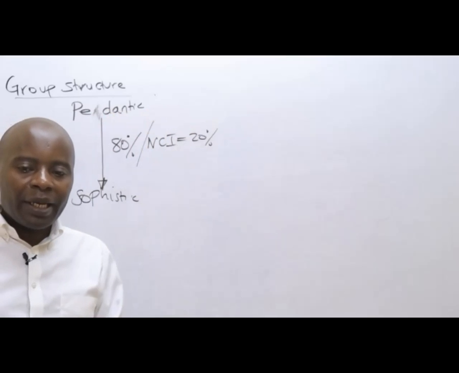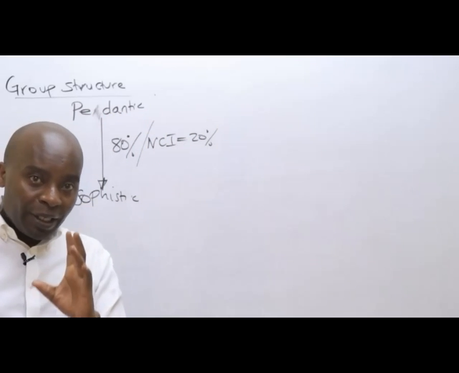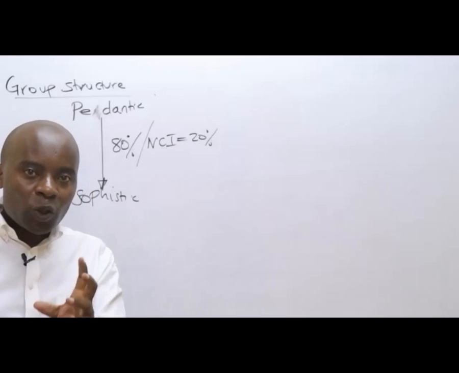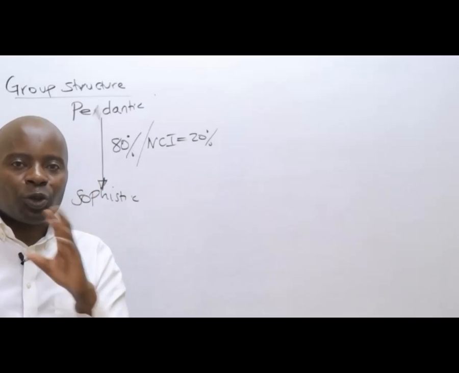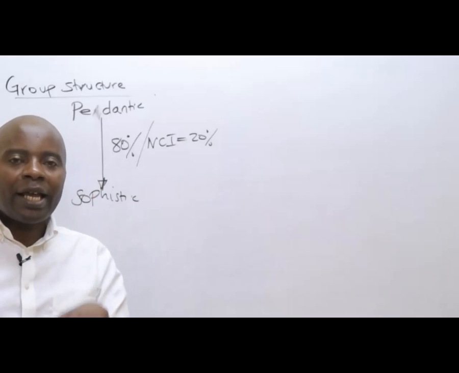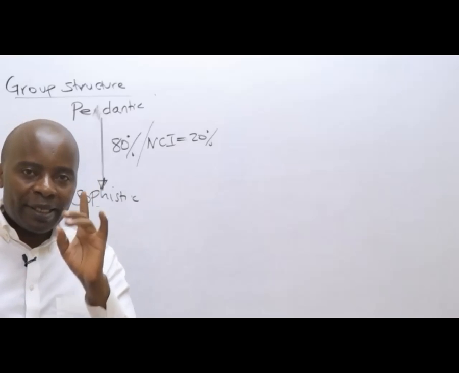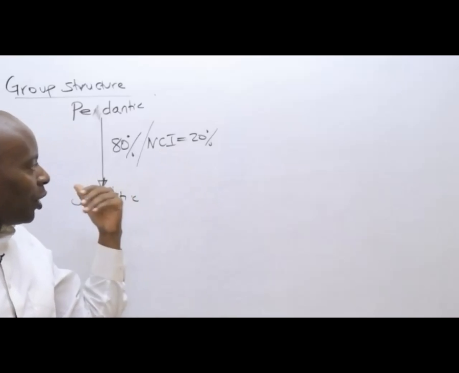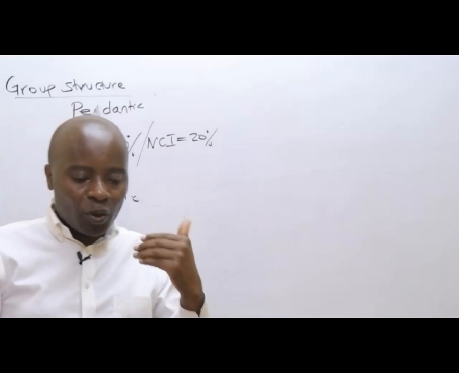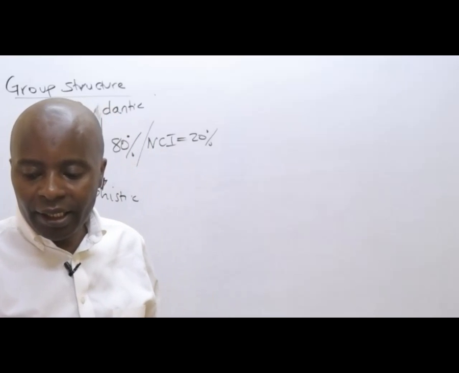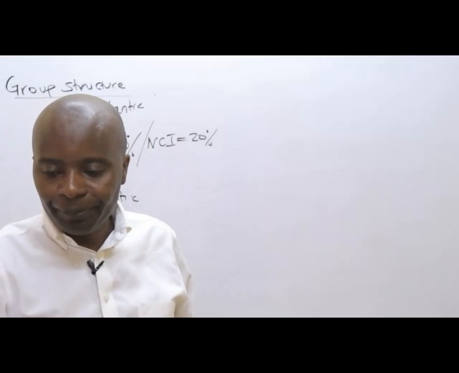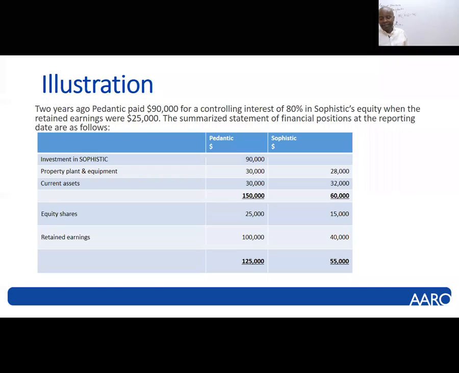Now, ladies and gentlemen, that is working number one. Very important working. You must always appreciate the group structure. And the group structure, get the group's percentage and the NCI's percentage. These percentages will really guide us as we get along. Great. Now, ladies and gentlemen, the next thing that I would want us to appreciate here, next working, is the